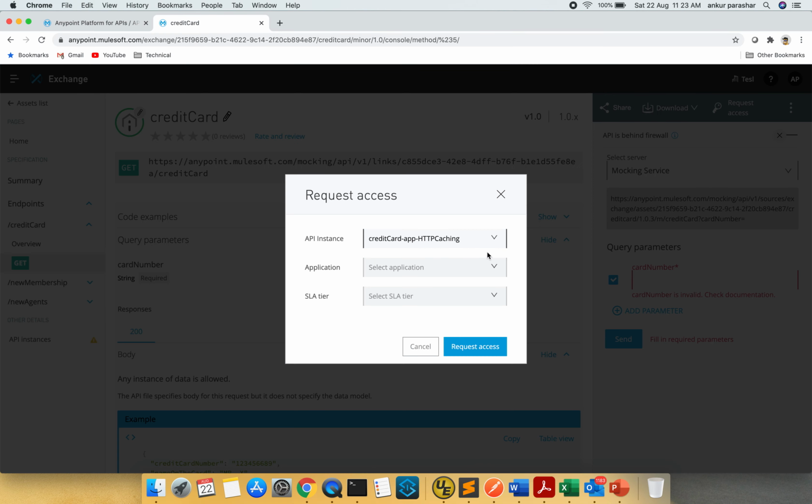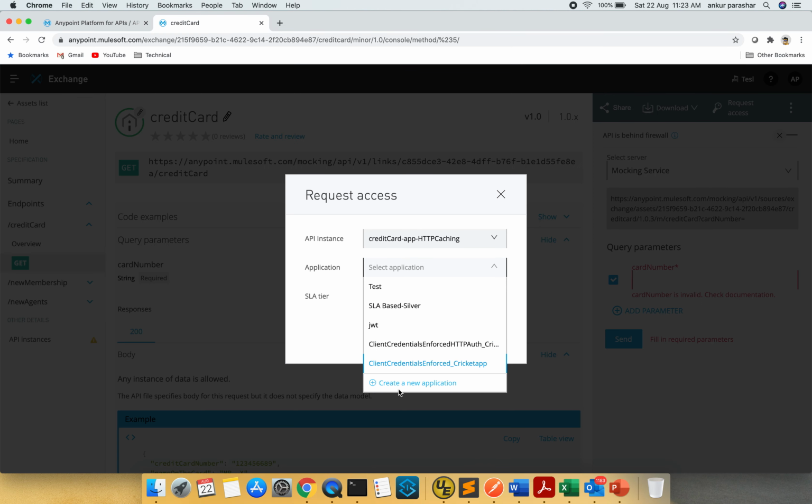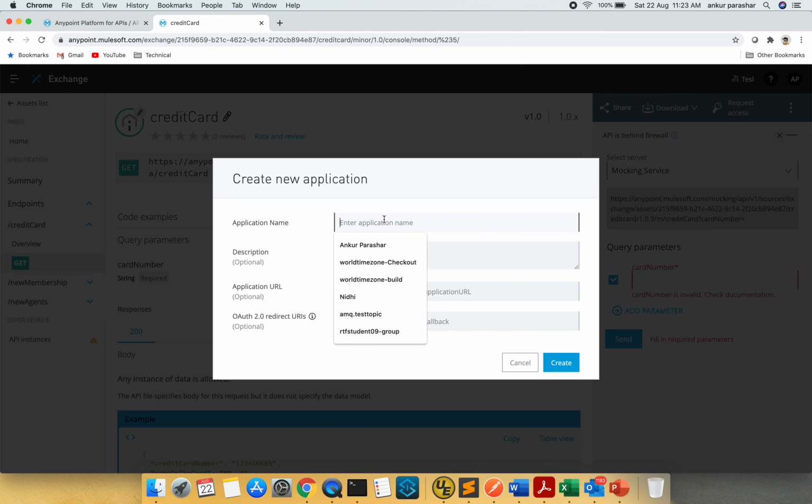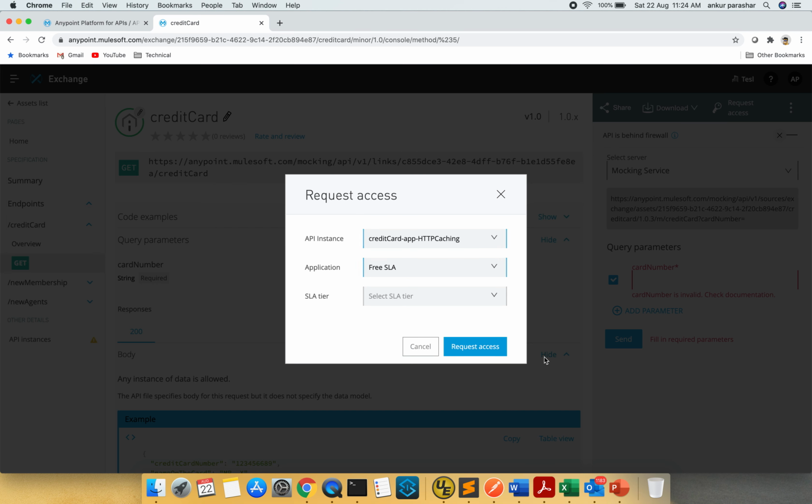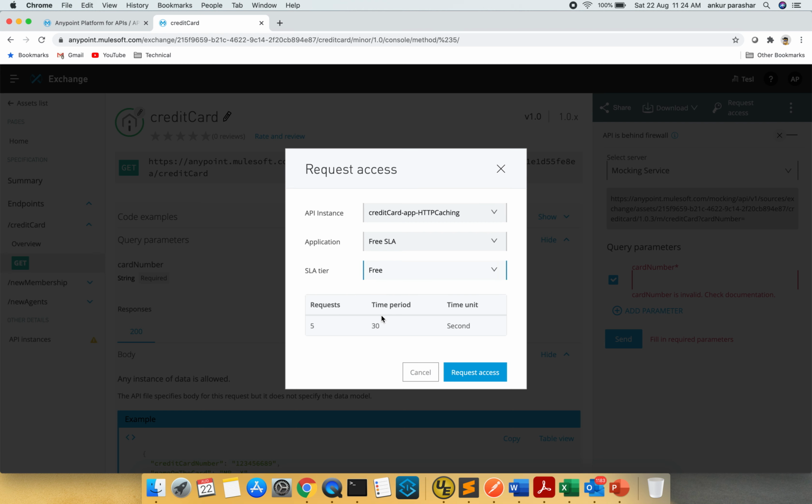So the same is available here, and I will add a new application, let's say free SLA. I click on create and it will ask me to select the correct one. Since we have named the application free SLA, let's pick accordingly: 5 requests, 30 seconds, time unit is second. I will click on request access.